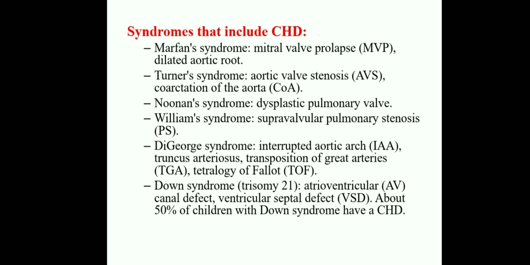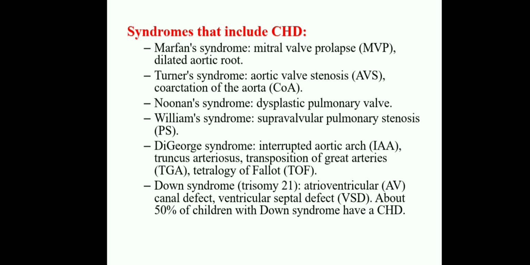And next one is Noonan syndrome. Because of Noonan syndrome, the congenital heart disease that is affected is dysplastic pulmonary valve. Next syndrome is Williams syndrome. Because of Williams syndrome, the child suffers with supravalvular pulmonary stenosis,